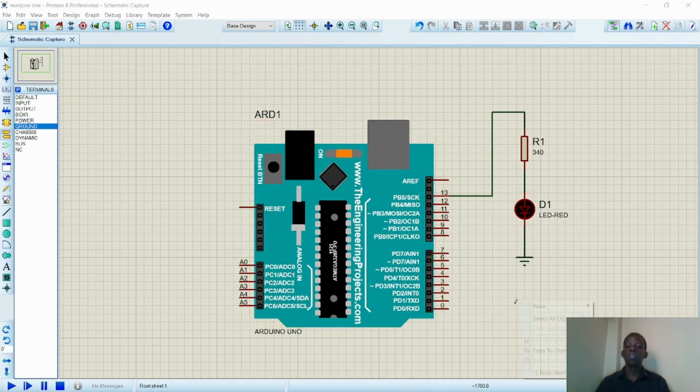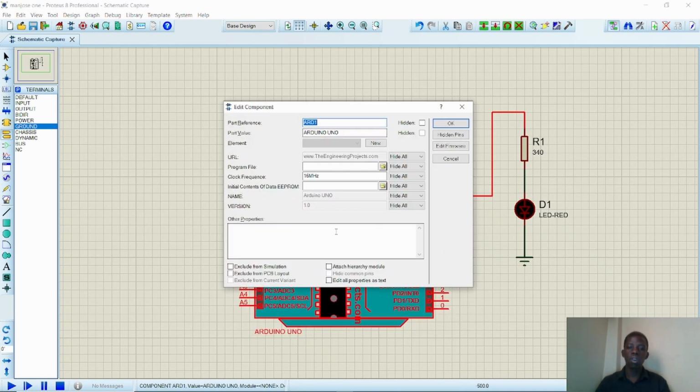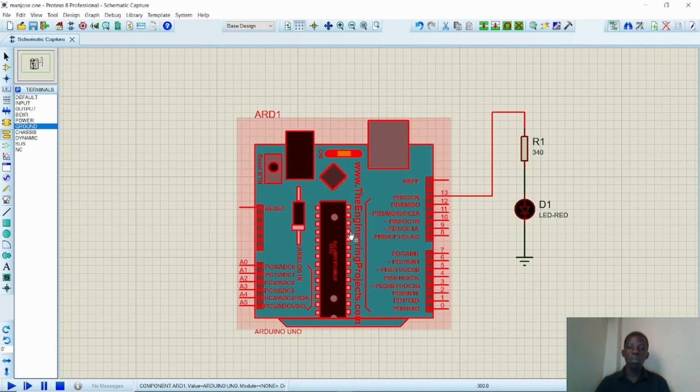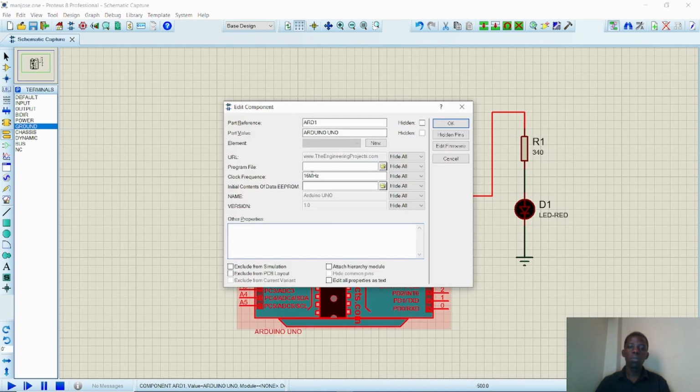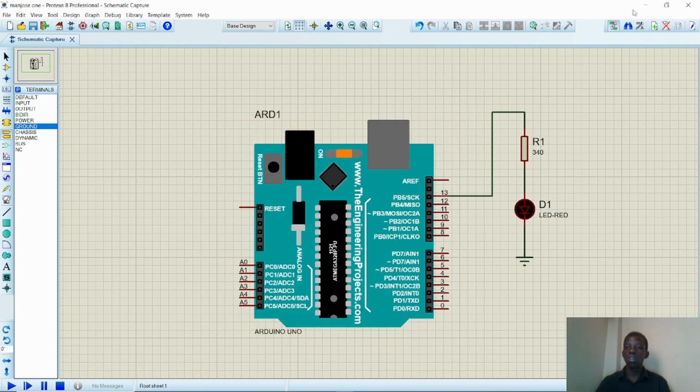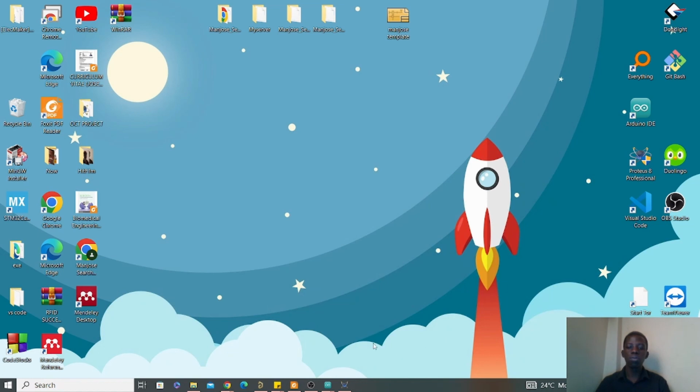So after that is done, in order to connect our hardware to the software from Arduino, you double click on the Arduino board, then under program files here, this is where we're supposed to add a hex file. So you get to know what a hex file is. So we're going to come back to the Arduino,